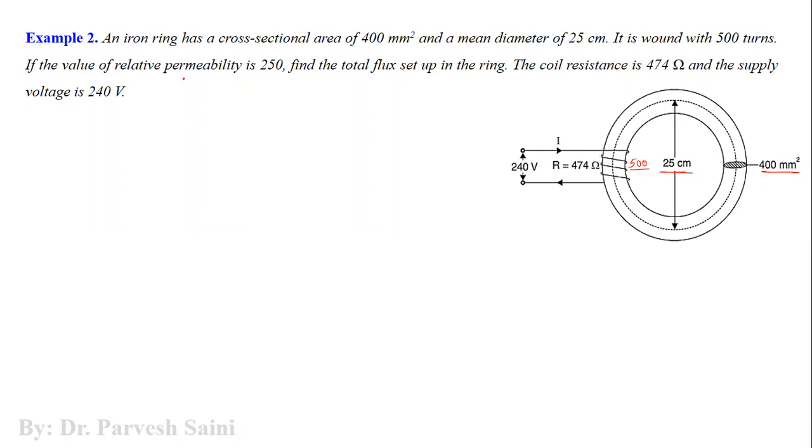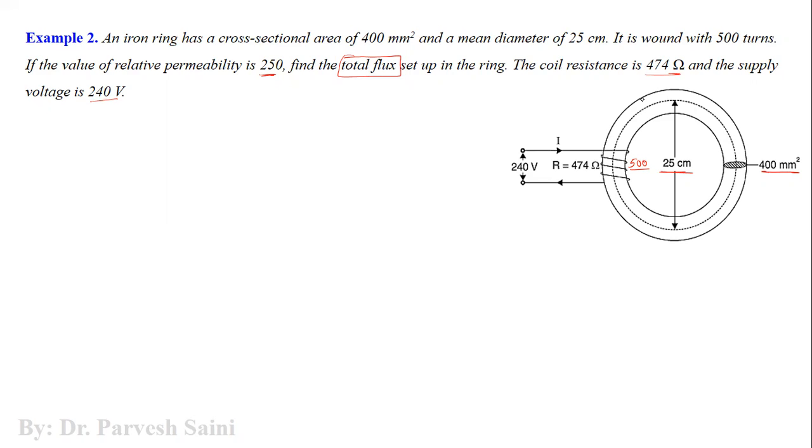So if the relative permeability is 250 and the resistance of coil is 474 ohm, voltage is 240 volt, we are supposed to calculate the total flux which is associated with this particular ring. Now in this particular ring, we do not have any air gap. It is a continuous ring, and we are supposed to find out the total flux which is associated with this particular ring. Now to find out the total flux, we need to